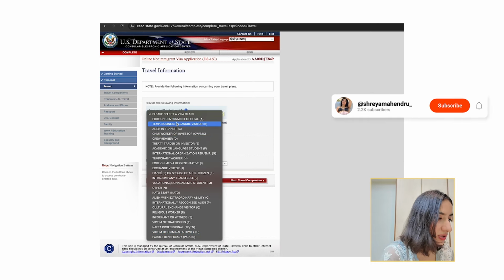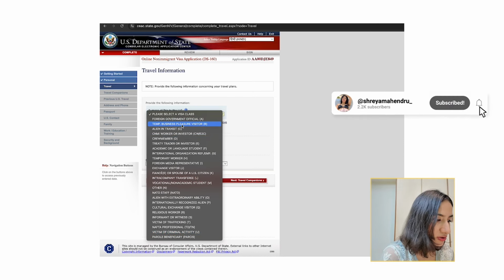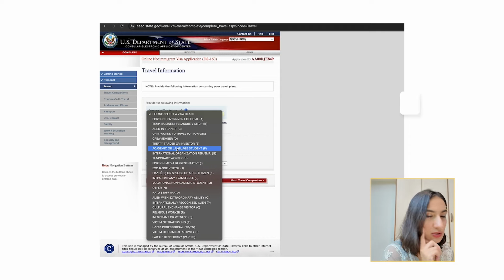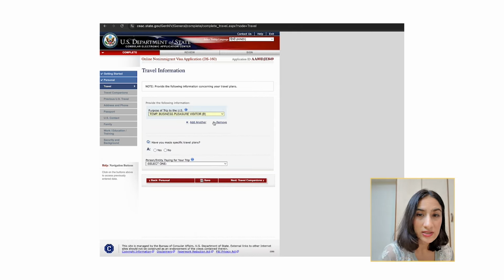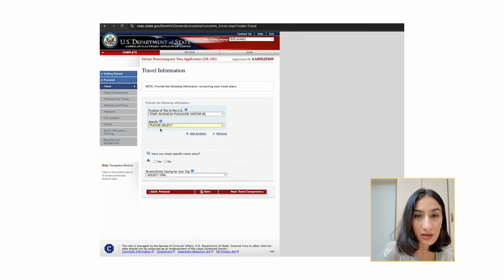If you want to check out the details, there's an I button in the information box that you can click and get to another page which can explain all the visa types. But here I am not confused. I clearly know that I'm applying for the B visa. And why I'm going to pick B1 and B2 in my case is that I want to also mention that I want to stay a little longer, let's say for a week or two, to explore, now that I'm spending money anyway.